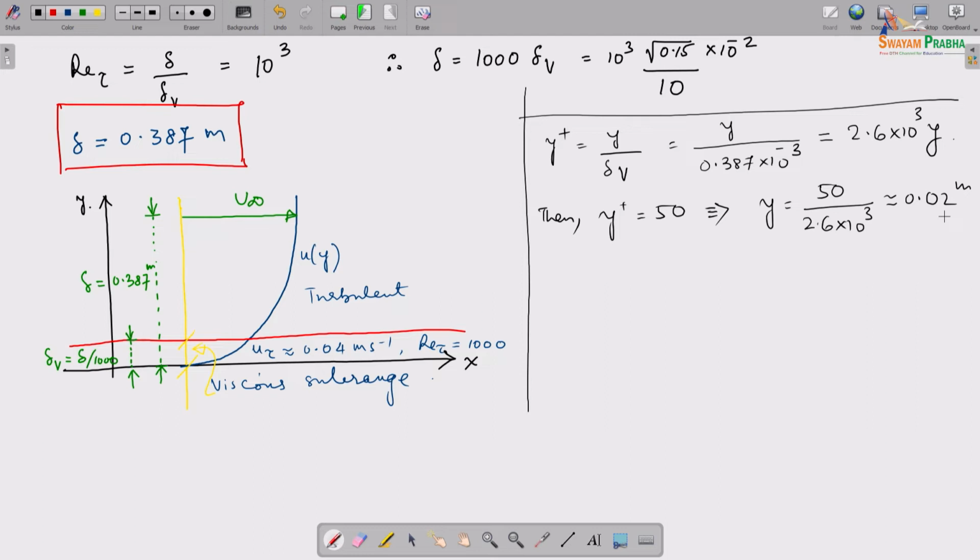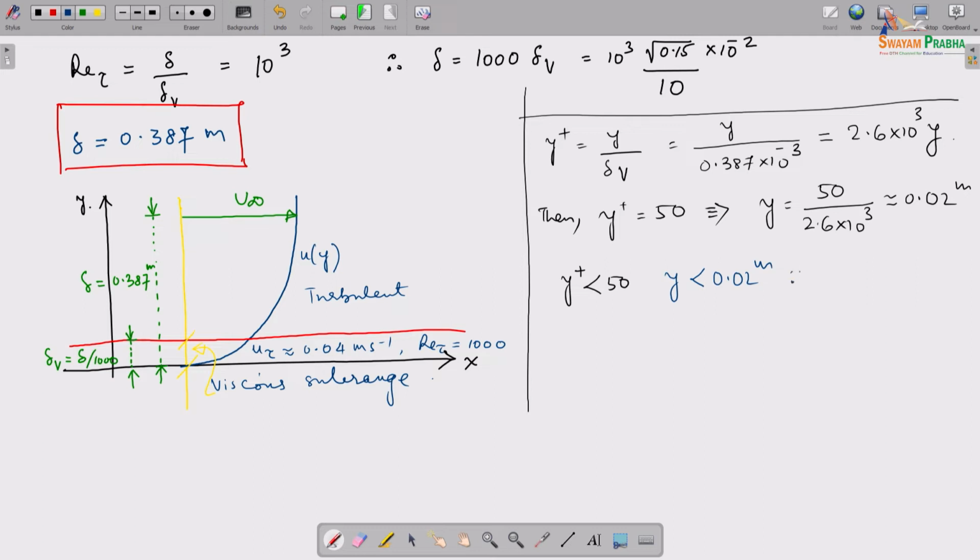So we can define this length scale y plus in such a way. This is for the turbulent length scale, for the turbulent boundary layer, for the complete boundary layer. Then we had this definition earlier, and we're going to write that. If y plus is less than 50, or essentially y is less than 0.02 meters,